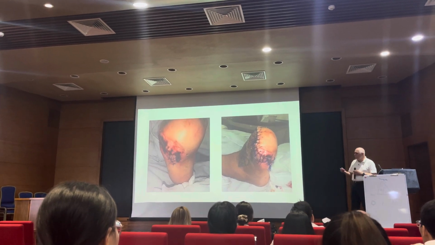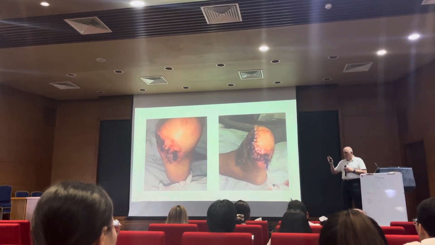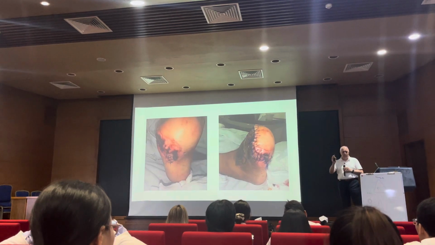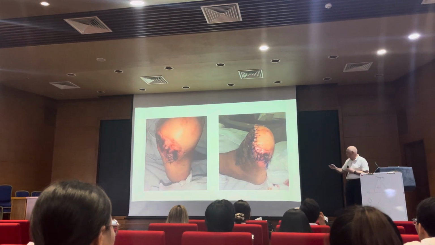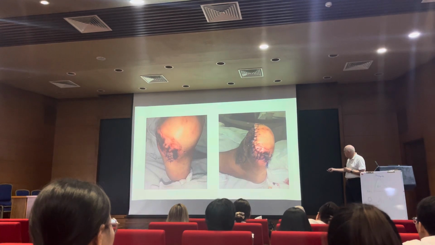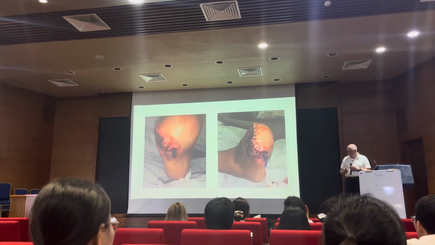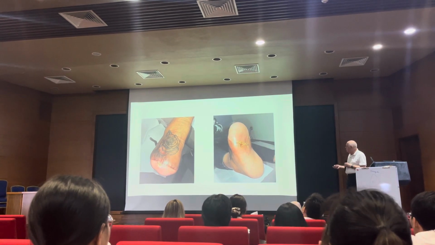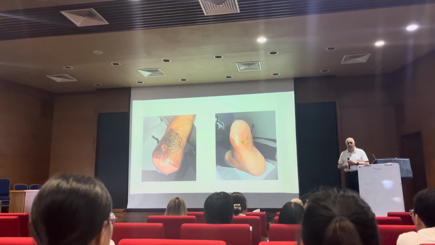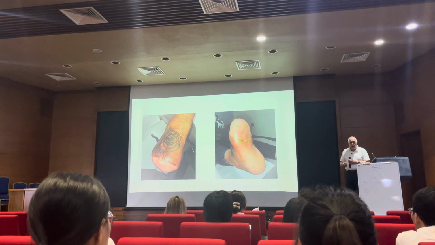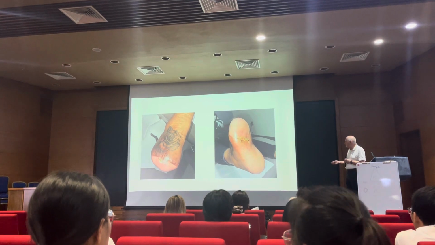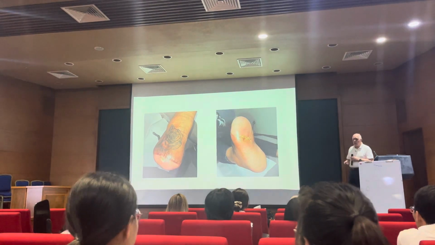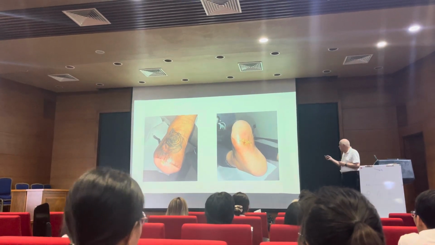The nice thing about the TMA after you do this, it allows for a lot of flexibility in the tissue. It allows you to pull it over to close this large defect that she had. And now here she is. She is about a year and a half to 2 years following her TMA, back in shoes, walking with no further problems on this side. I just saw her about a month ago. She has a problem on the opposite side that I'm treating now, but she's doing very well with this.